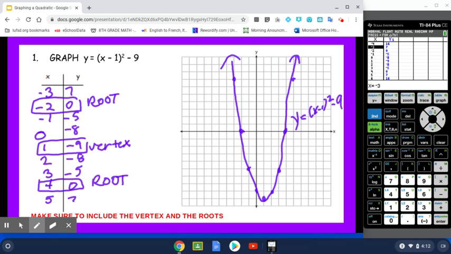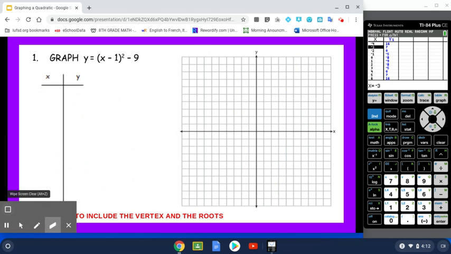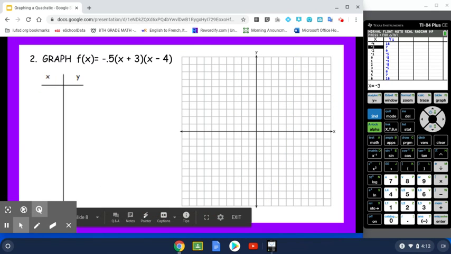Now we're going to try the next one. So pause the video, make sure you get all of this down. That's like the most simplistic one. Now we're going to go on to number 2. It's a little bit more complicated looking, and we're going to have to do a little bit more research here,